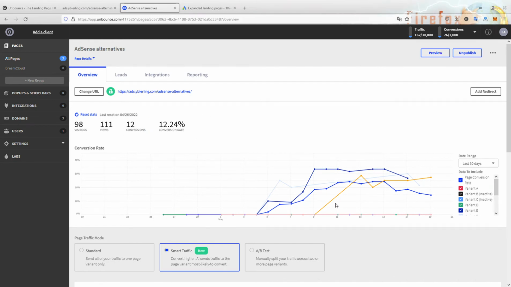So you have detailed statistics, and here you can see all your variance and the page conversion rate. You can choose, of course, the date range. You can change the URL on which your landing page is, so you can set it as a subdomain if you have your own domain name, or otherwise you can simply have an Unbounce page and pay for ads and drive so traffic from ads to your Unbounce landing page,